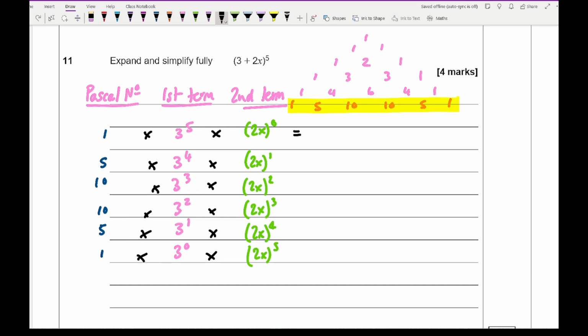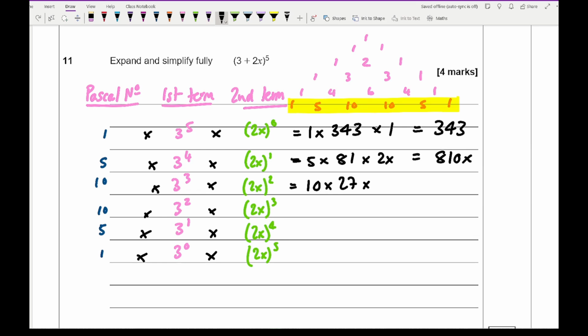So here we're going to end up with 1 times 3 to the power of 5, which is going to be 243, and 2x to the power of 0 is just 1, so that leaves me with just 243. Multiplying the second one, I've got 5 times 3 to the power of 4, which is 81, times 2x, and that's going to come up as 810x. For the next one, I've got 10 times 27 times 4x squared, and so multiplying them out I end up with